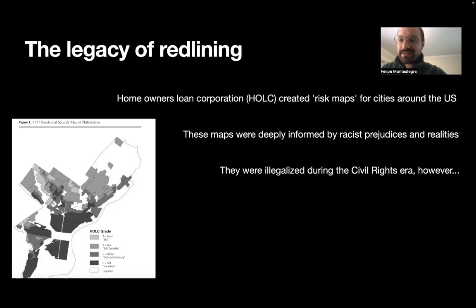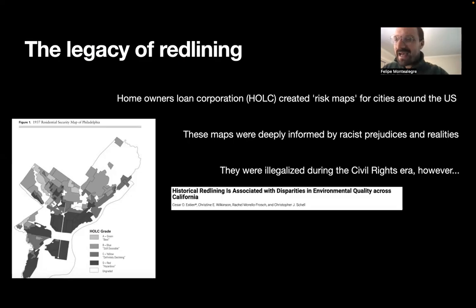These types of classifications of areas of the cities in terms of risk for investors were actually made illegal during the civil rights era. I'm not American, so I'm not an expert in American history, but I think this is what happened. However, we know that historical realities don't end the moment you make them illegal.